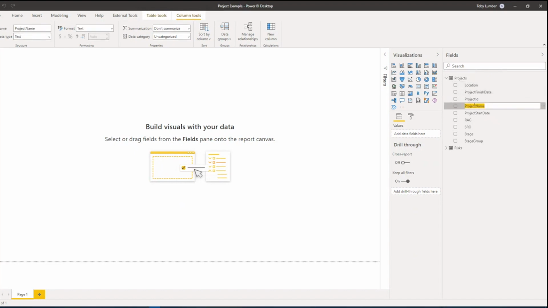Let's call that one name. I think SRO we're kind of okay with. Let's put a space in there. Okay, that's great. So we've got something that looks a little bit better, a little bit more presentable